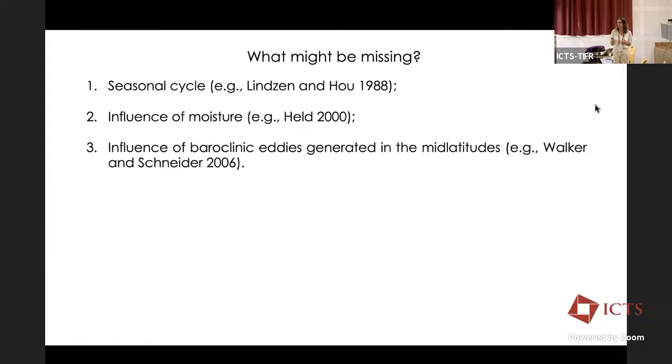And you actually can show, and this is work done by Tapio Schneider through the years and collaborators, you can show that the influence of the eddies, which force the Hadley cell to deviate from conservation of angular momentum, would not only weaken the zonal winds, but would actually strengthen the Hadley circulations. And importantly, the influence of the baroclinic eddies would force the scalings predicted by the Held and Howe theory not to be verified in our atmosphere, or at least in simulations where you account for these interactions between the tropics and the